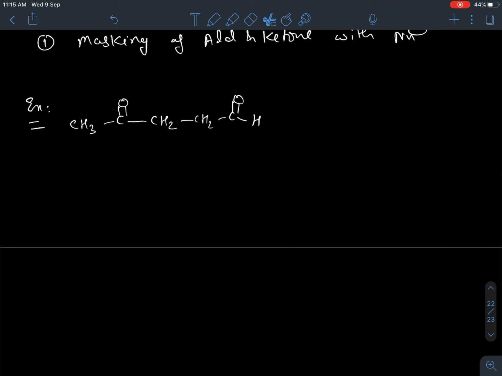So suppose you are having a carboxylic acid or some ester. You want that this group should not react with the nucleophile, and you want the whole conversion to happen like this, that ultimately this group should be protected, but you want to reduce this into alcohol. Say for example, I am doing like this. Now how to achieve this?